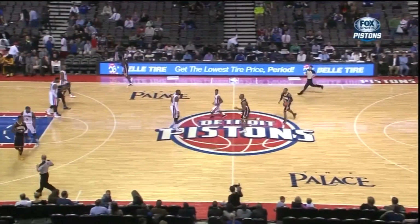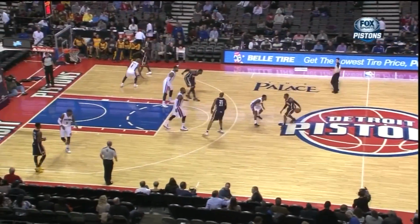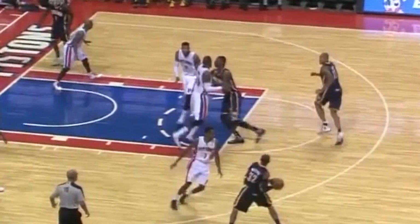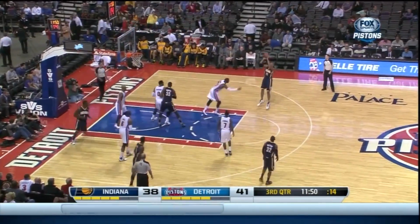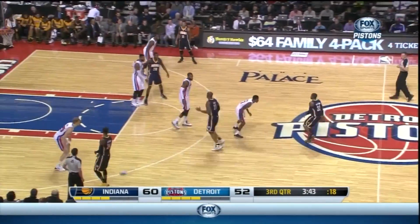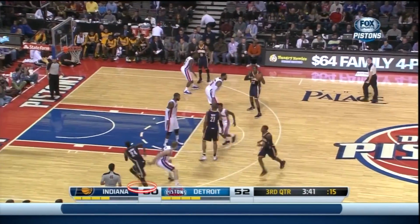The Pacers run horns much like the Pistons, but with much more movement, as the pick and roll then becomes a flare screen for the ball screener. This shot is like a layup for David West. Sometimes they'll move the corners up to the wings in horns, and look at this backdoor cut and pass by